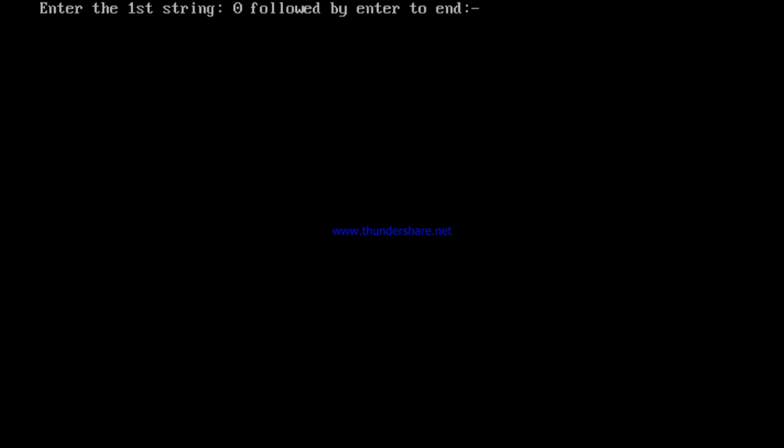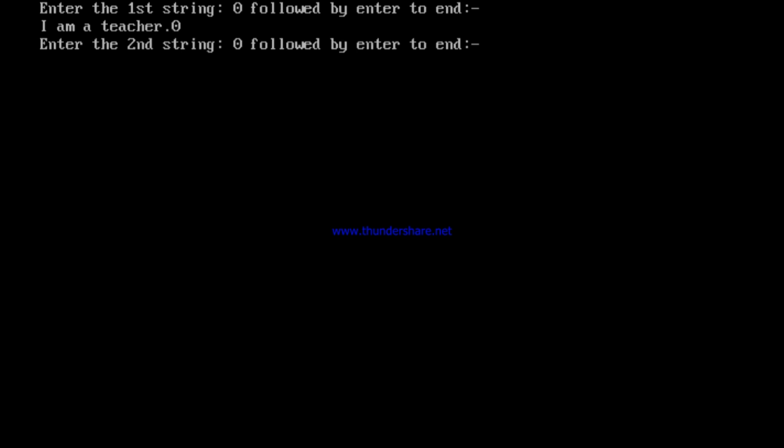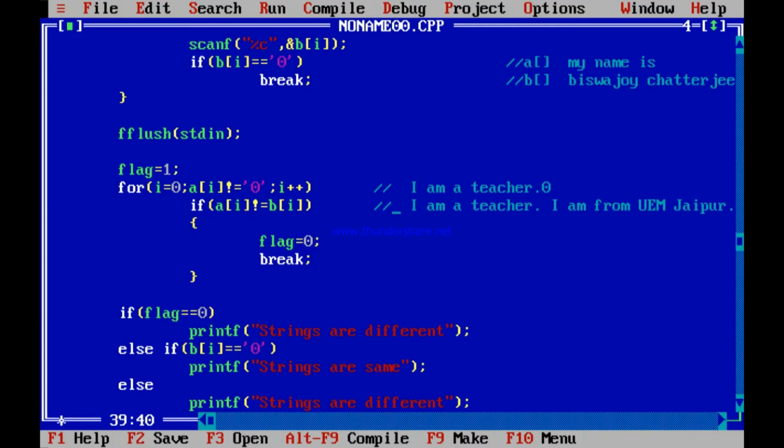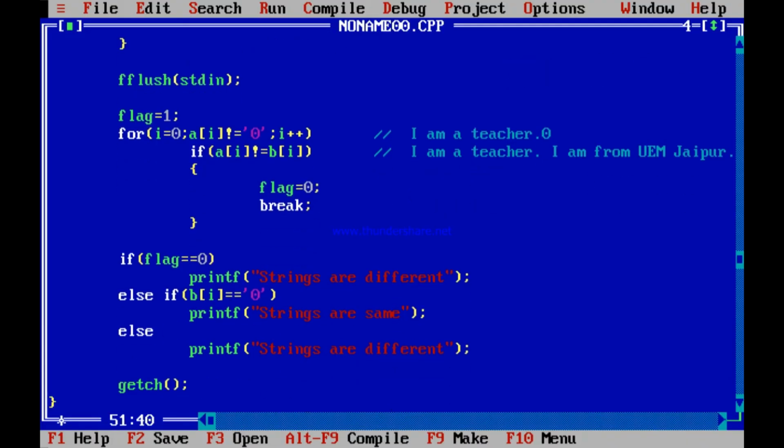Check whether same things are correctly working. Say I am a teacher. 0. Also over here I am a teacher. It should say same. Check that one out. Yes, strings are same. So now it will work fine. Do you understand this? You can minimize this and do it with one if else. You check that yourself. Not everything I can write, so you can try to do it yourself. I have done an extra else if. Whether you can do it with only if and else, you can check that.